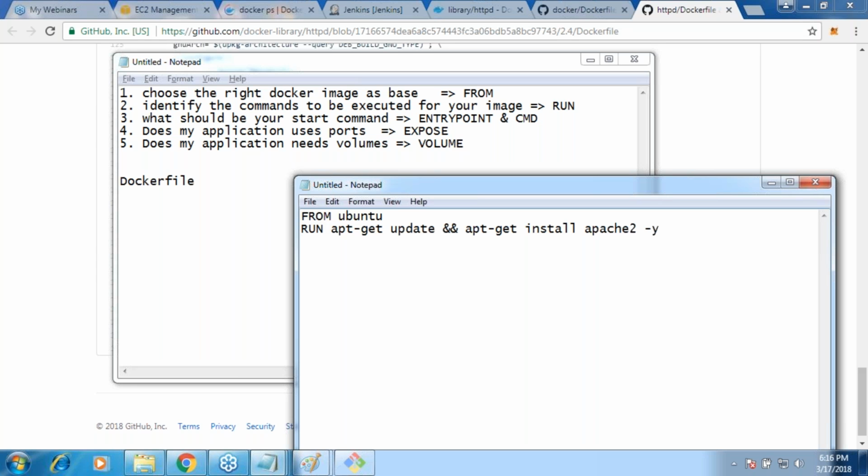Okay. And then basically what is the next thing? EXPOSE. I'll be exposing port 80 because I'm trying to build an HTTPD container. Okay. And now